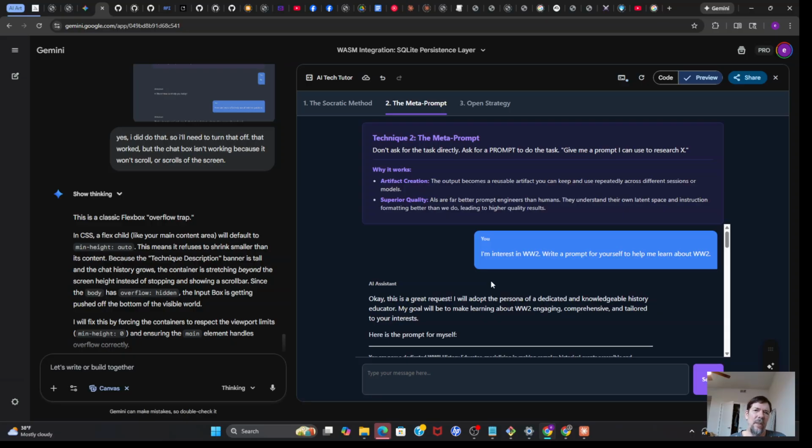You should give it a personality, a tone, and how to address you and the response, and specify the output that it should be giving. Those are some things that you would learn if you studied prompt engineering. Well, you don't need to do all that. You can just say, write a prompt for yourself, because it knows prompt engineering. It knows how to write prompts.